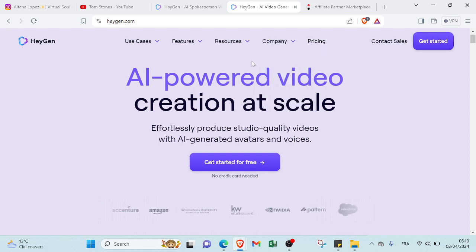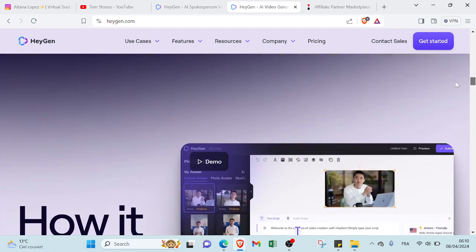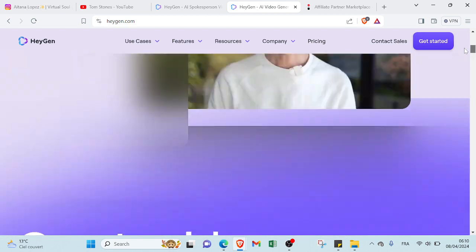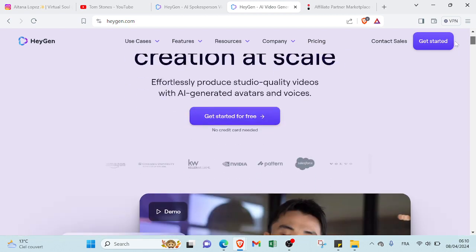So all you have to do is open your web browser and type hygiene.com. As you can see here, we have two options to get started. You can choose the one you want, and then you will enter your email and your verification code, then you will answer a few questions,